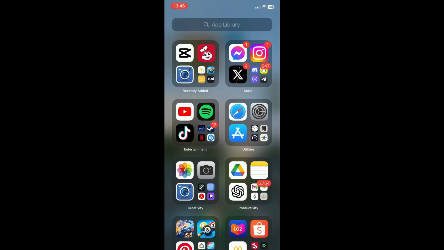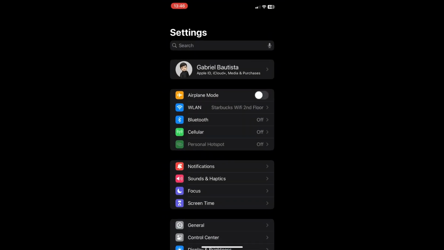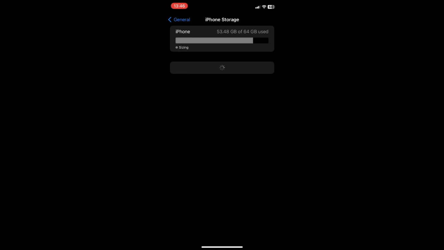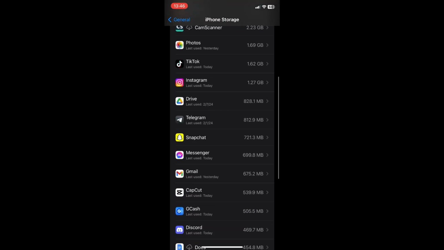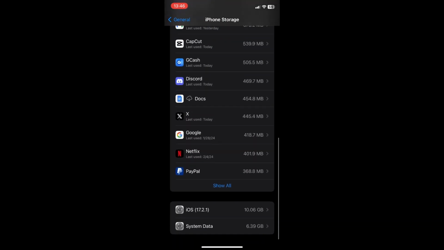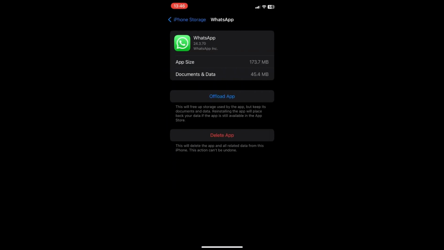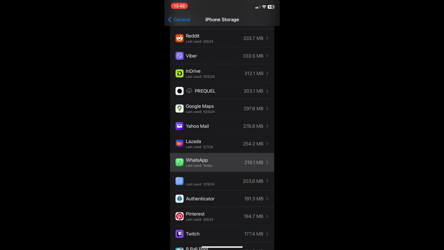So first open up settings and then search for offload. And then what you want to do is look for WhatsApp and then offload the app. And then